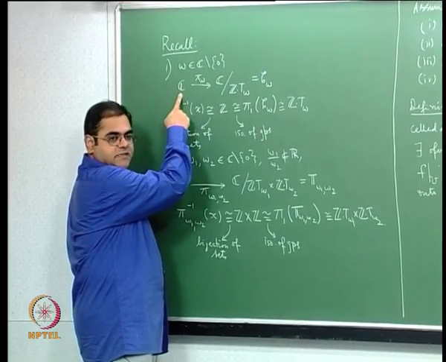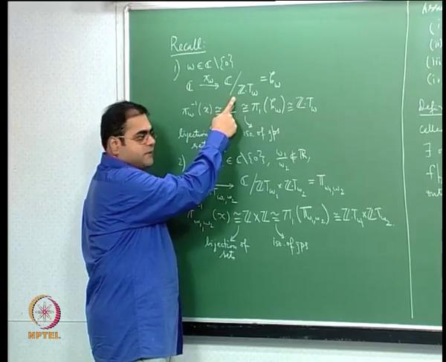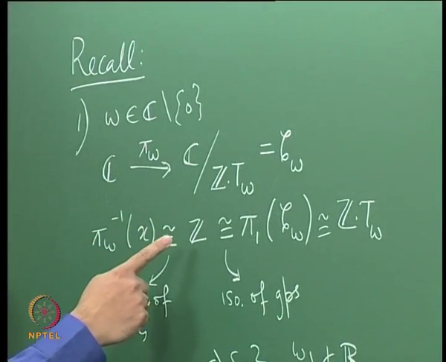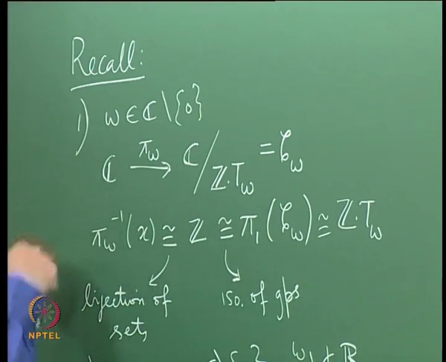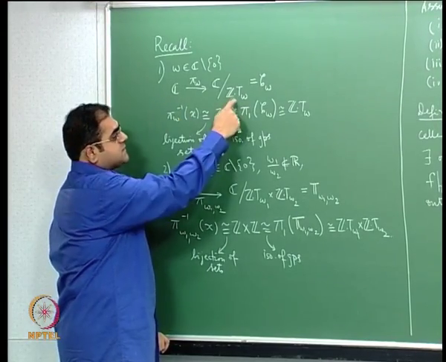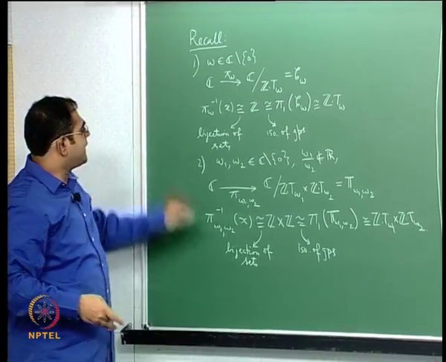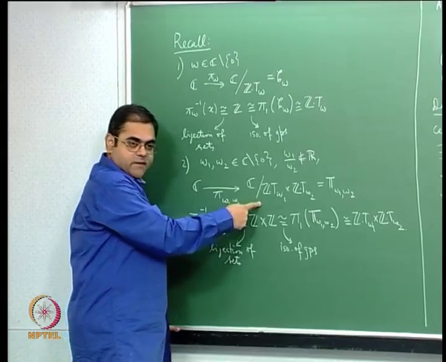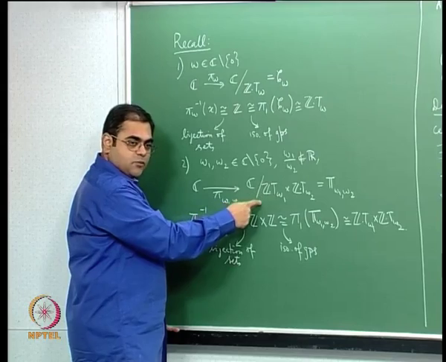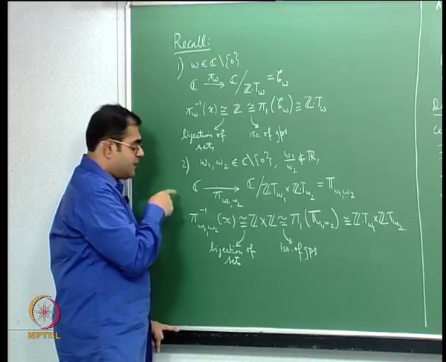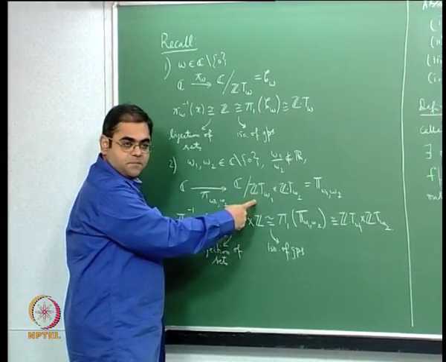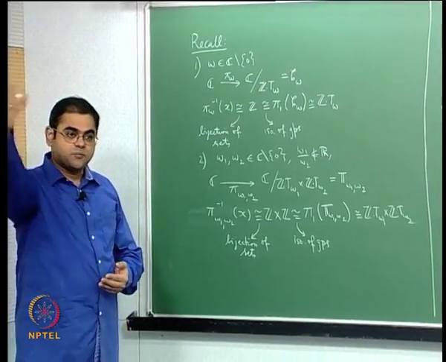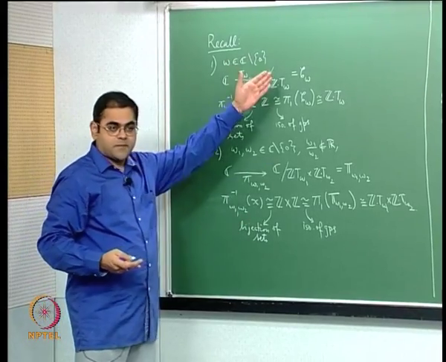So if I start with an open set here, I take its image there, then you can check that this is an open set, and why is it open? That's precisely because of the quotient topology, because its inverse image will be all translates of the original open set I started with, by this group, and all these translates are open. So that is the reason why the image of an open set is open. Let me repeat that. Why are these open maps? Because I start with an open set here, I take its image there, and I want to say that it is open, but by the quotient topology this is open if and only if the inverse image of that is open. But what is the inverse image? The inverse image is just the union of all translates of the original open set, and each such translate is an open set, and therefore the inverse image is open, and therefore this is an open map, and this happens in general for